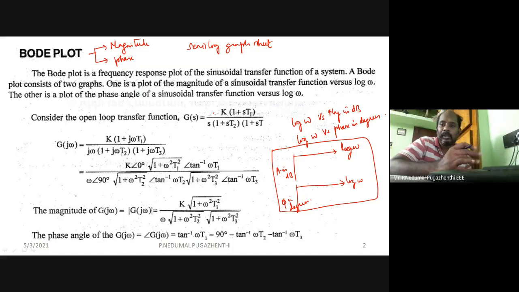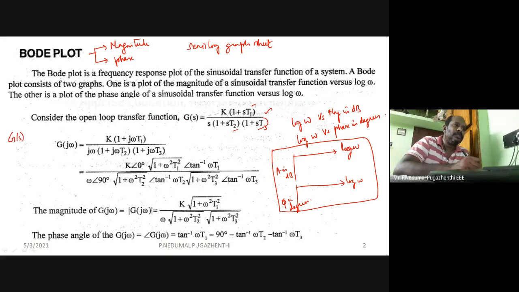We will discuss the different factors in the subsequent slides. If you have a transfer function like this, first verify whether it is in time constant form. Yes, it is in the form of 1 plus sT, so it is in time constant form. Then my next work is converting this G of s